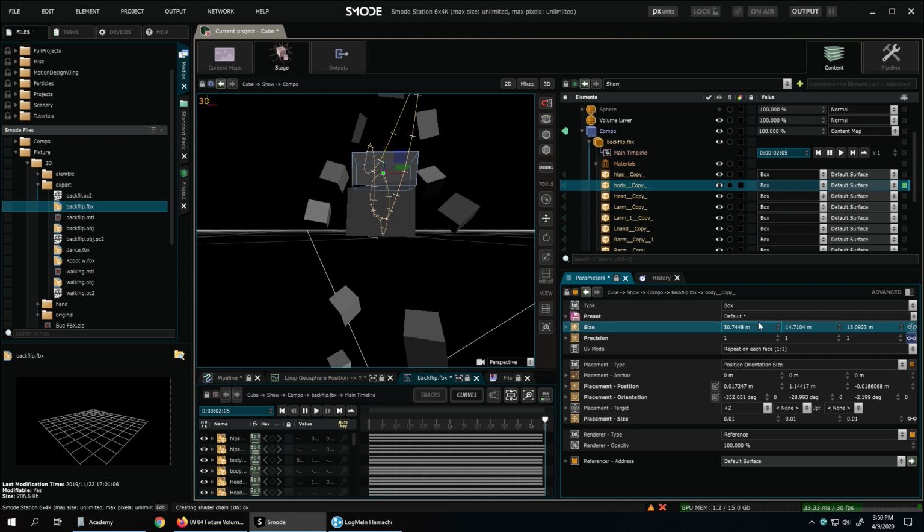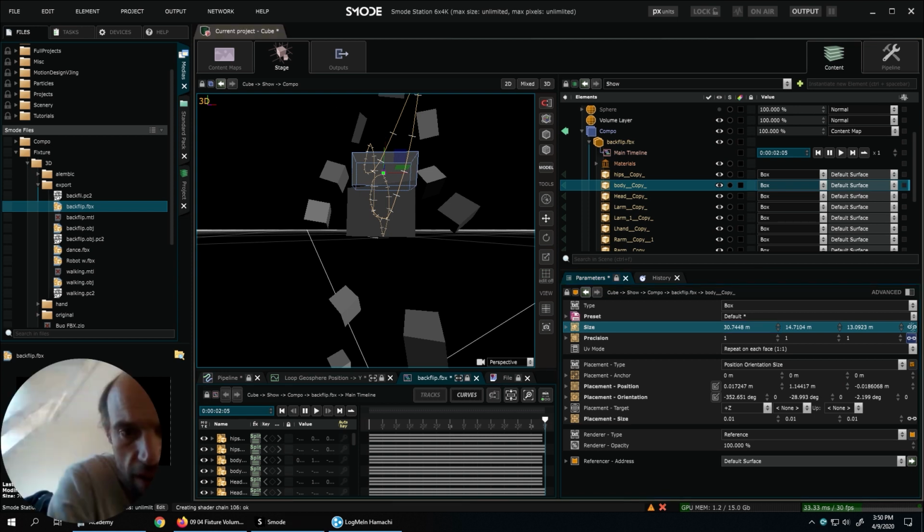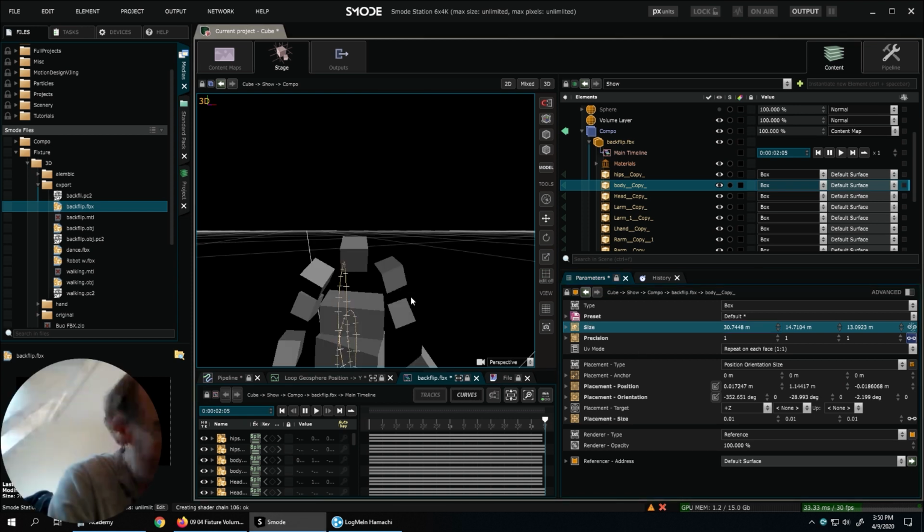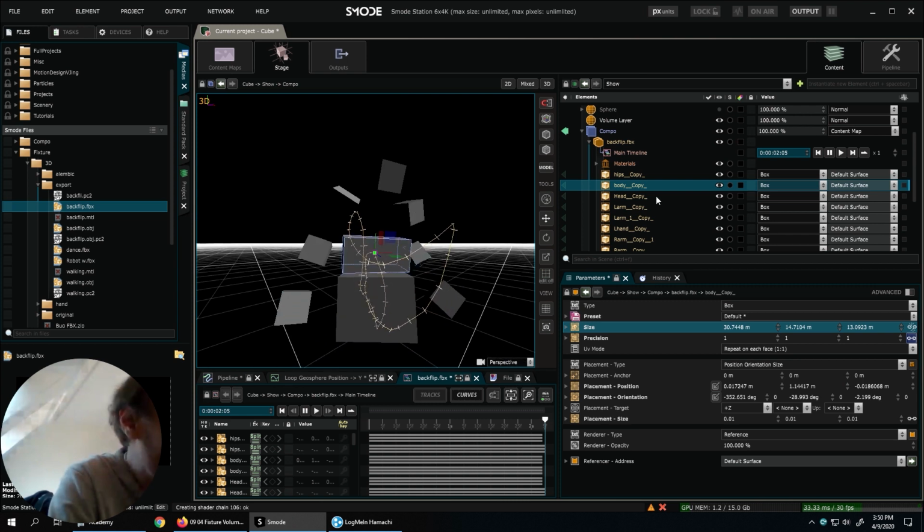Maybe while you are setting the sizes for each element, I can talk a bit about the DMX addressing, because I see many people wonder how it works. Yeah. So, but you can continue doing this, Basil.